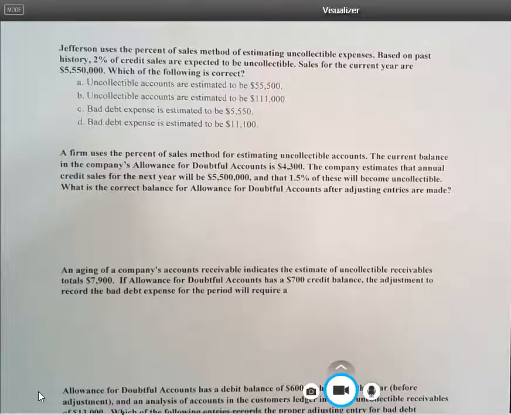So we have some choices here. And it says uncollectible accounts are estimated to be 55.5. Uncollectibles are estimated to be 111,000. Bad debt expense is estimated to be $5,550, and bad debt expense is estimated to be $11,100. Okay, so